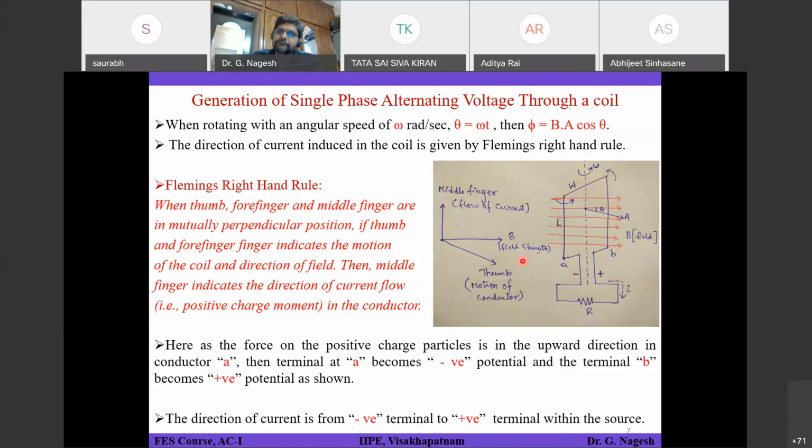Sir, seeing the resistance part, it is correct, but seeing the upper part, it might be correct because it just opposes the EMF, opposes the change. So the EMF should be on the opposite side.